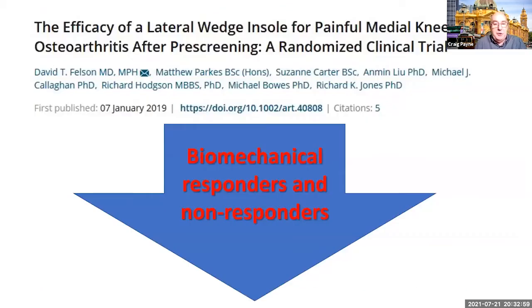Now, I just want to refer to this, it's a couple of years old now, Richard Jones's work. Now, when it comes to lateral wedging for medial knee OA, the most recent evidence or the most recent systematic reviews and meta-analyses are showing that it probably doesn't work too well. There's certain question marks over it. But in this particular study,